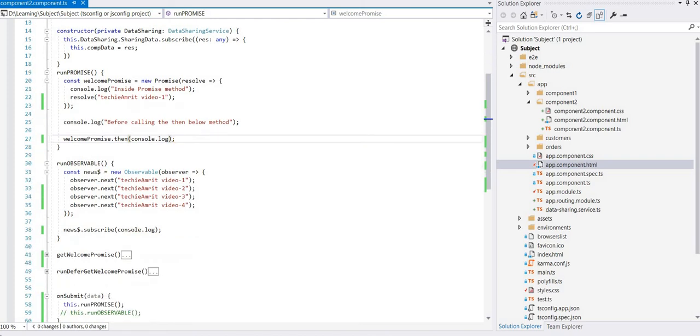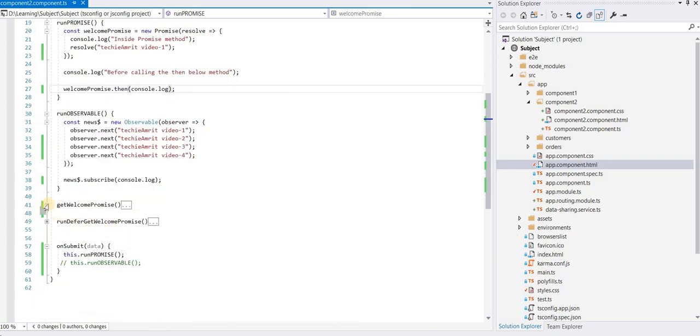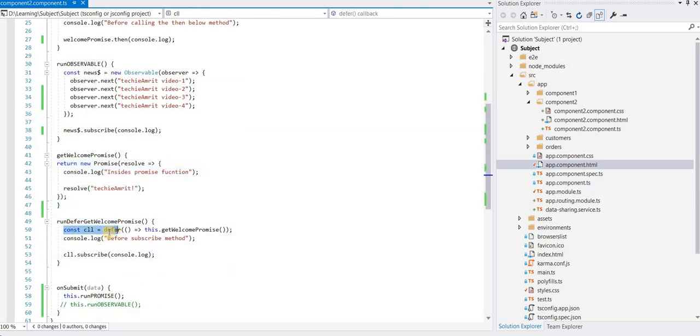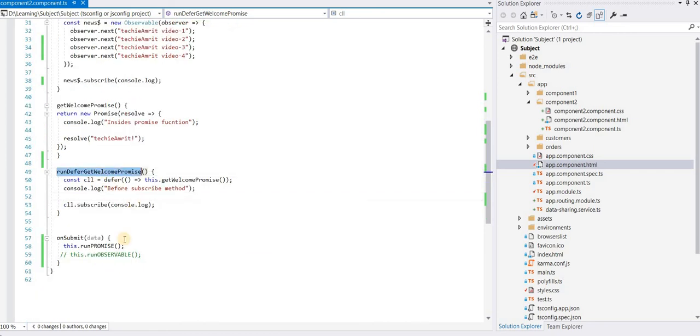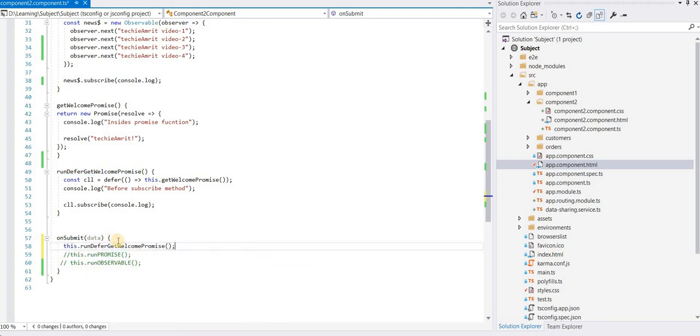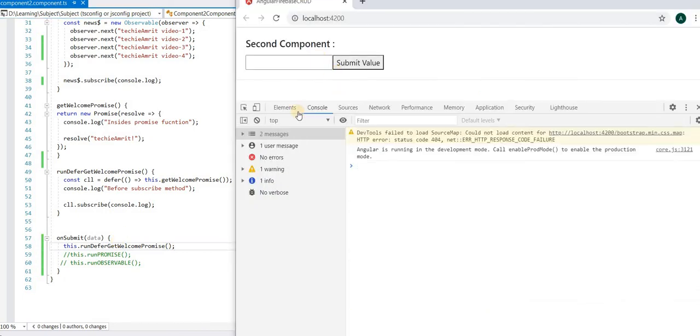Okay, if you want to defer the request of a promise for a few seconds, you can create it like this. You can return a promise, and you can call this method using the defer function to defer the output, and you can subscribe to the output and read it. Let me show you how exactly this works. This dot promise, hit the button.